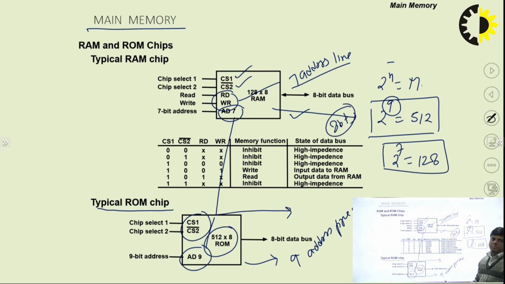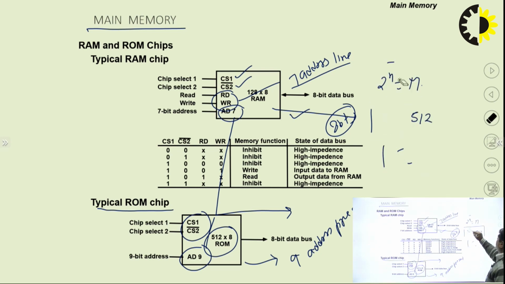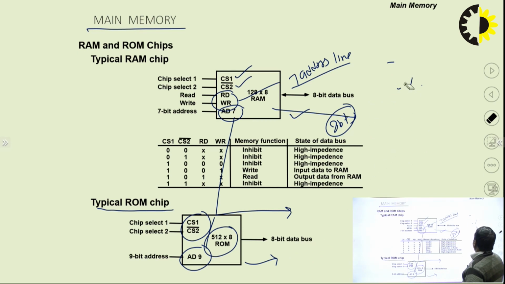That is the complete description of the RAM and ROM chip with the help of the size and data bus. Now I am going to discuss the RAM and ROM address mapping with the help of